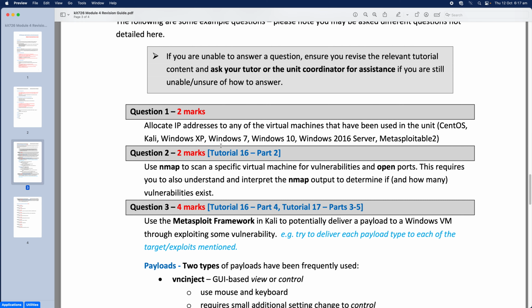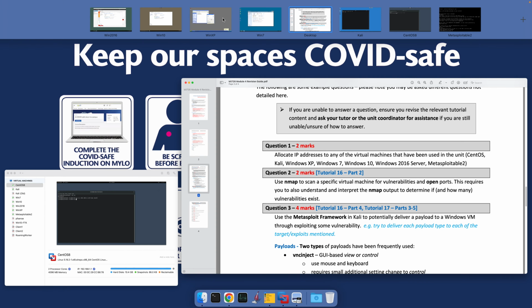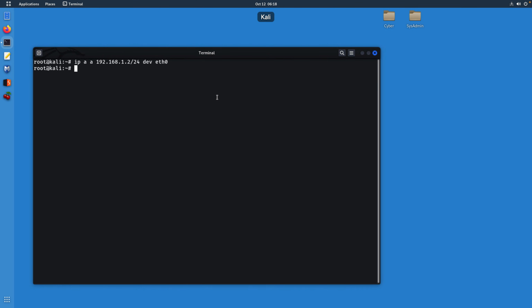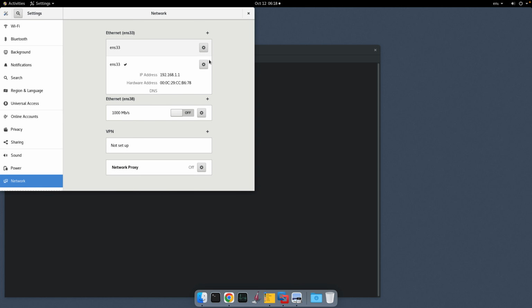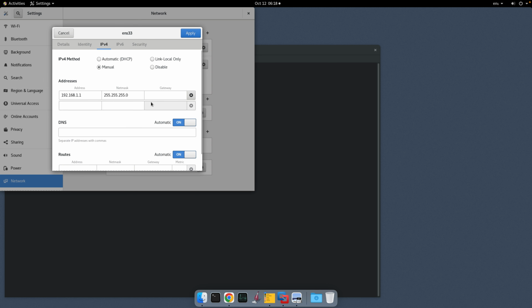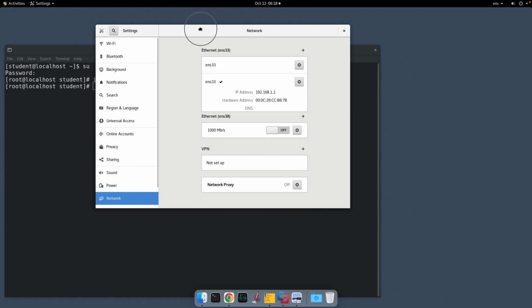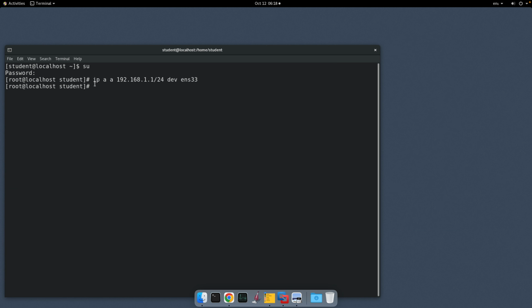So let's get started. The first thing is we're going to try to assign IPs to all the virtual machines, and basically divide them by the Windows family and Linux family. So on CentOS, if you need to configure a gateway for a network, you probably want to go to the wired settings, click on the cog, set it to manual and give it a gateway address and subnet mask, everything here. But if you don't need to configure the gateway or DNS,